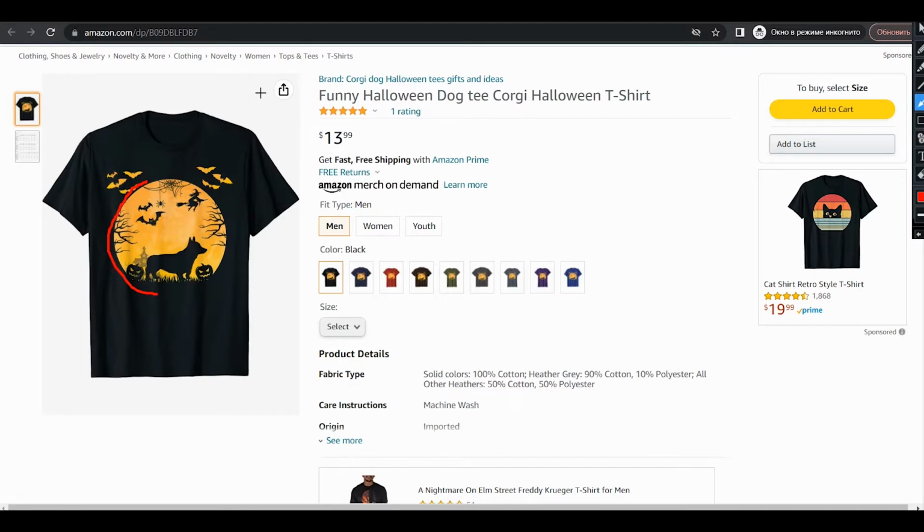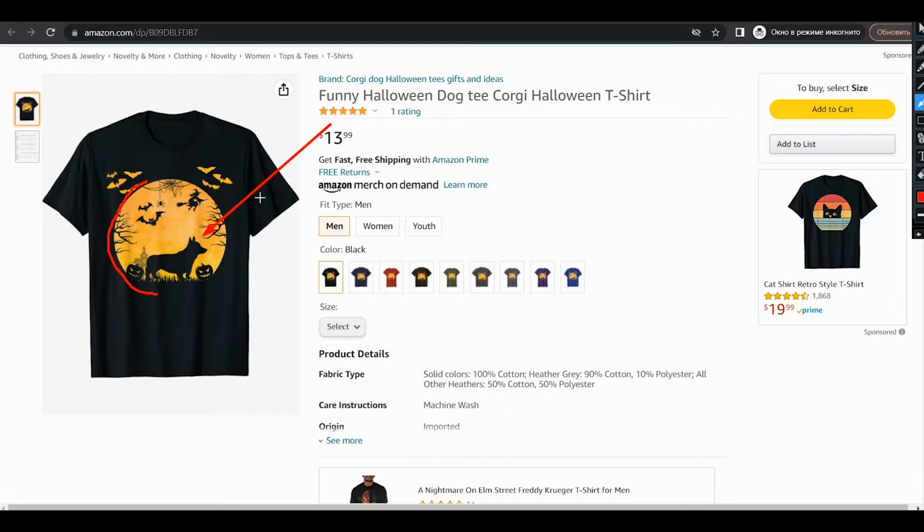And the main idea is that you have a silhouette in the center of your illustration. Exactly here we can find a corgi silhouette, but here can be any breed of dog or any cat